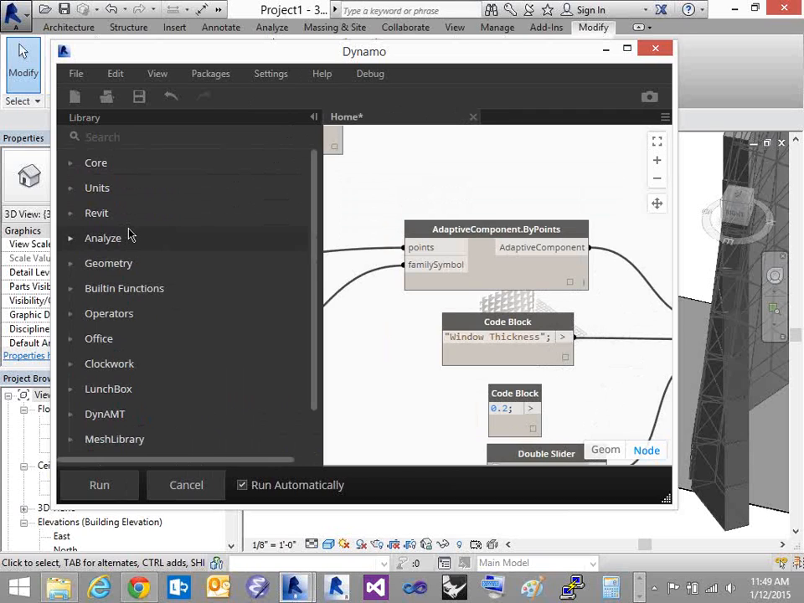So on the forums section, there are installation instructions. It's free for students. There's, I think, also